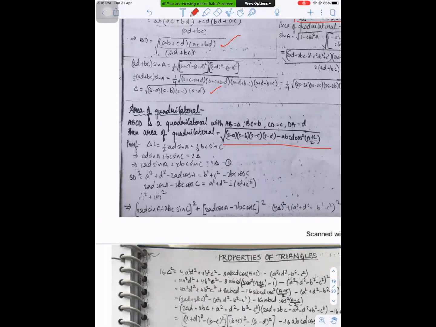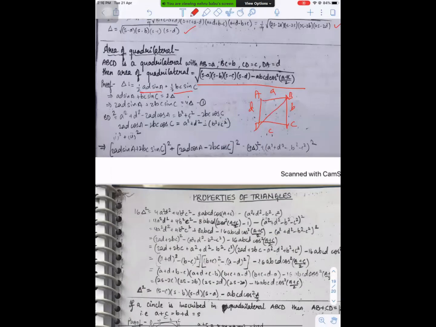So here also I used the same concept, like the sum of this part. This length, if you take it as abcd, I use the half of AD sin A plus half of BC sin C formula. From this only we derived it. Okay, and with the help of BD square we find that length. Just check your notebook. Every proof is there, because all calculations are lengthy in this, so I'm simply stating the statement.